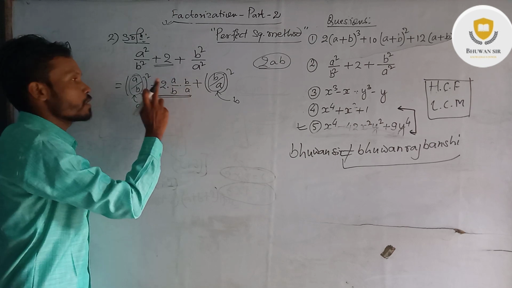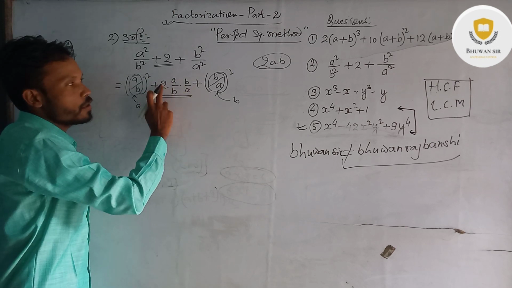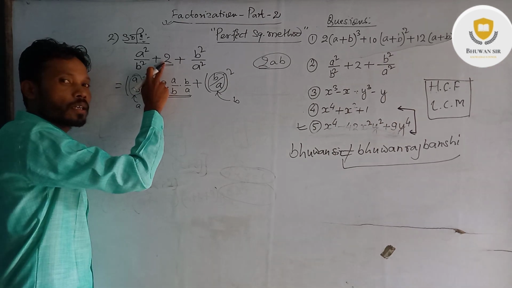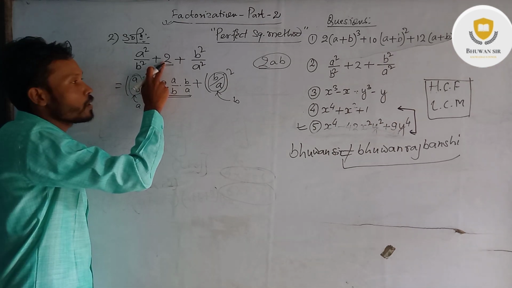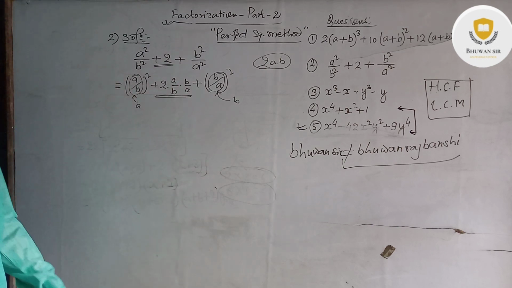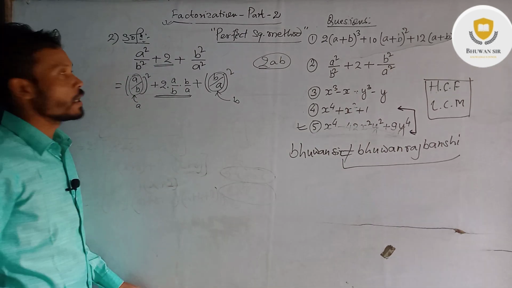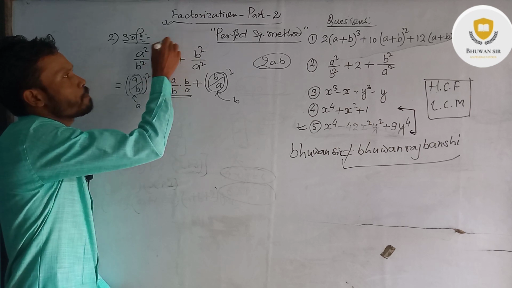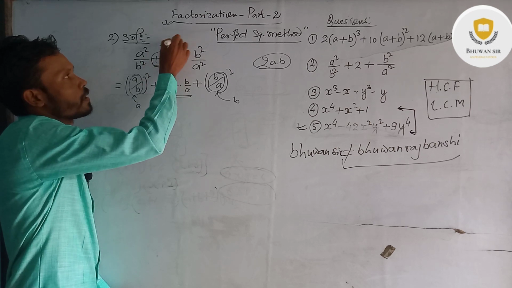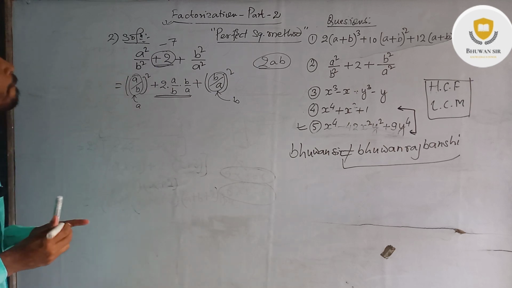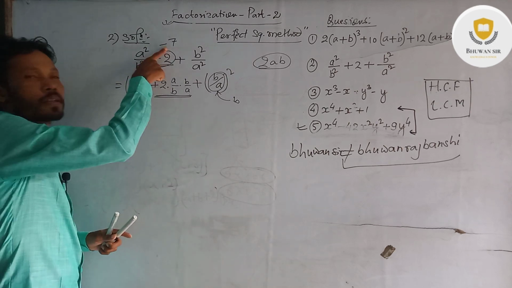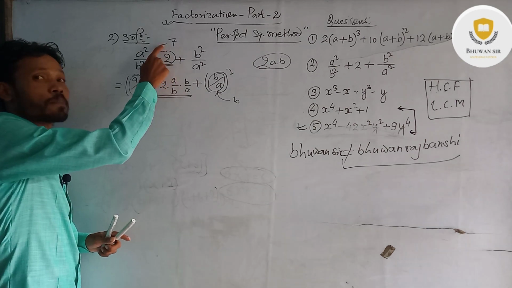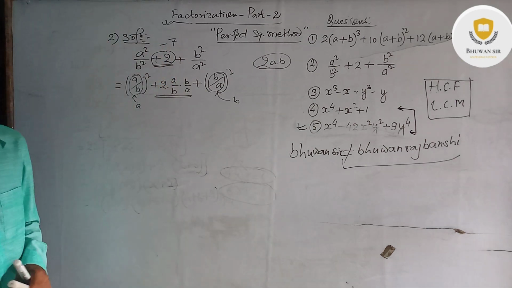A cancel, b cancel, it's okay. A cancel, b cancel. Only 2 is left. Here is also 2 left. Are you clear? Is there any confusion? No confusion. Okay. Now suppose in place of plus 2, here is minus 7. Listen my friends carefully. If here is minus 7, right? Now forget about plus 2, think here is minus 7. Now what will you do?